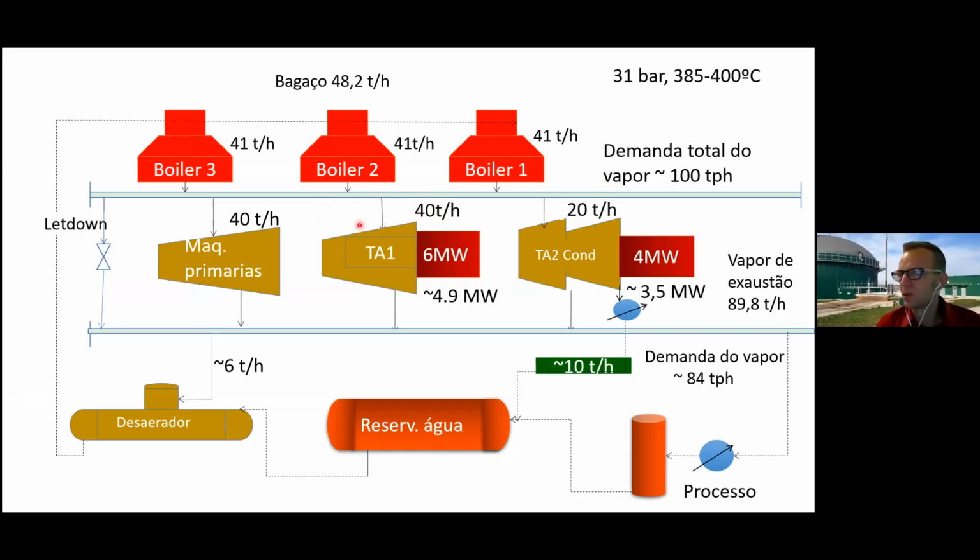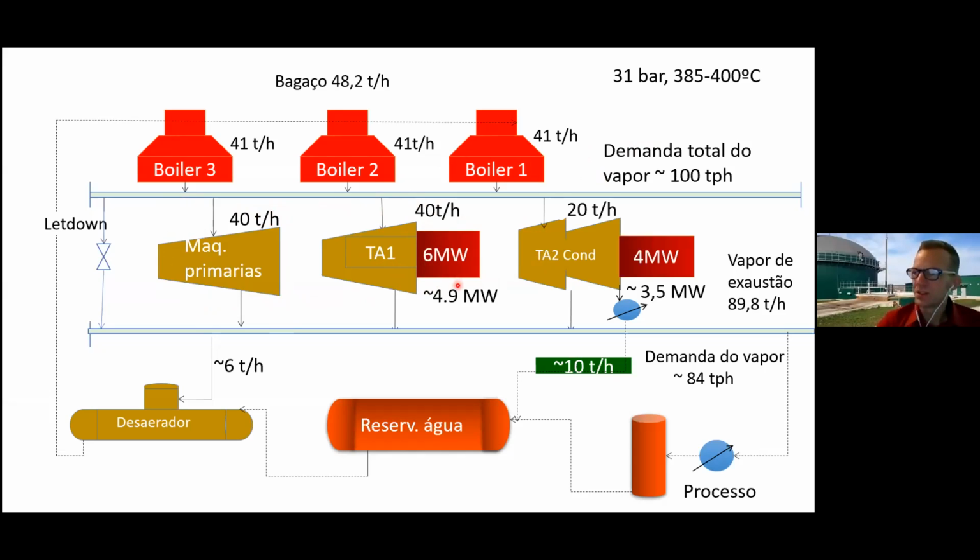Which is divided over one group of turbines that drive the primary extraction equipment in the factory, and then there are the 2 turbines. There's the back pressure turbine,